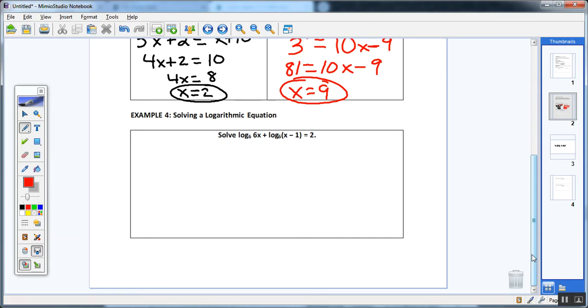Yeah, I have addition right here, so I can turn these 2 logarithms into 1 logarithm of what operation? Jasmine, I think you said multiply, right? I have to take 6x times what? So we have to distribute that, okay? So I'm going to go 6x times x would be what, kids? Minus